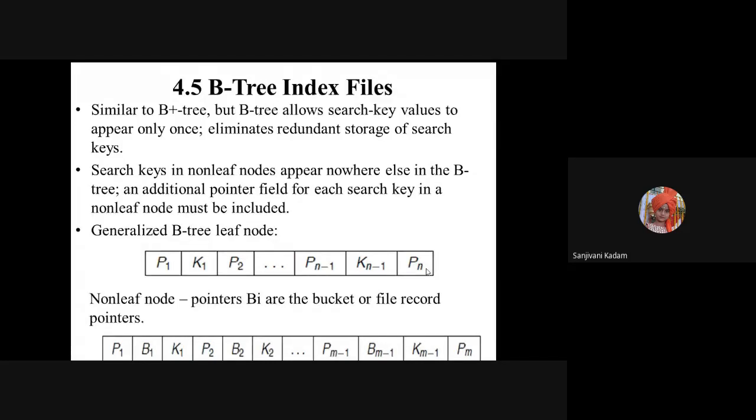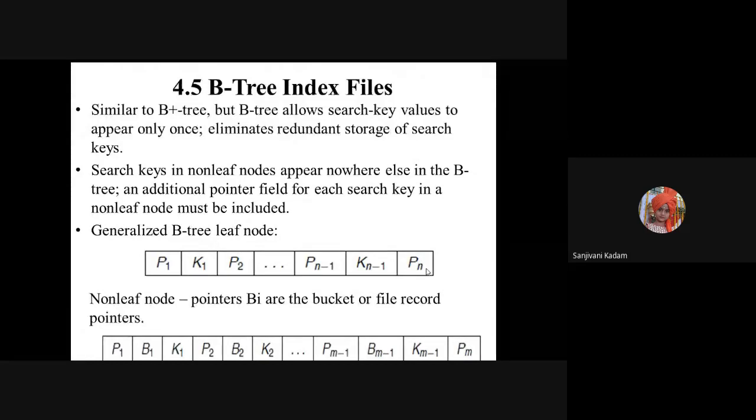All nodes were available at the leaf node also, even though these are available in internal and root node. So the record cannot be found there. Always we need to come to the leaf node. So instead of that, one more extension was done, that is a B tree. In B tree, every element will be found only once, and that's why the internal nodes also have bucket pointers added to point to a record.